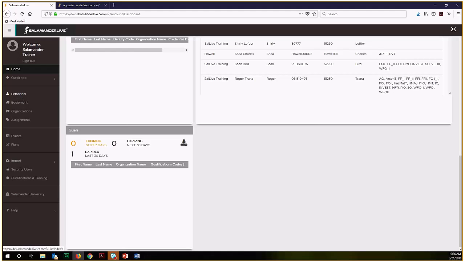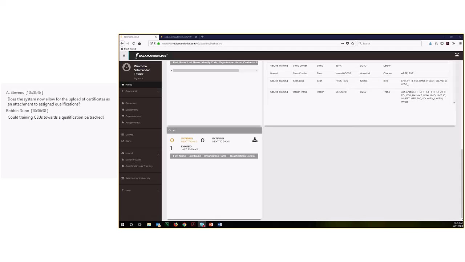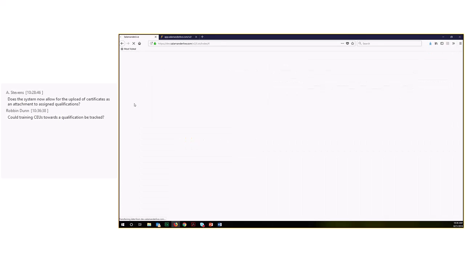Any questions so far on adding qualifications to a personnel record? Okay, I see a question on here. Does the system now allow for the upload of certificates as an attachment to assigned qualifications? So yes. So on the personnel record,